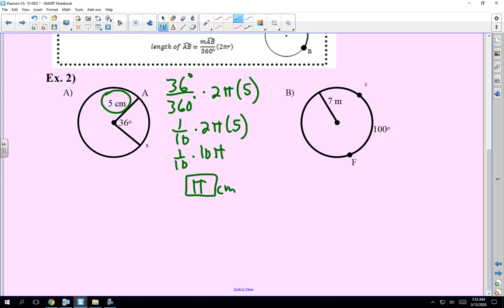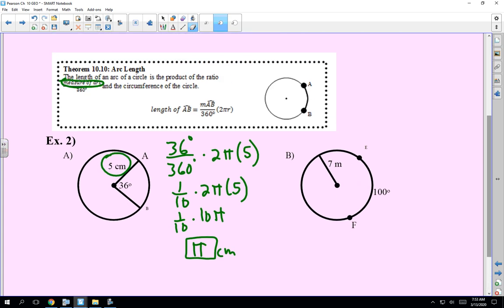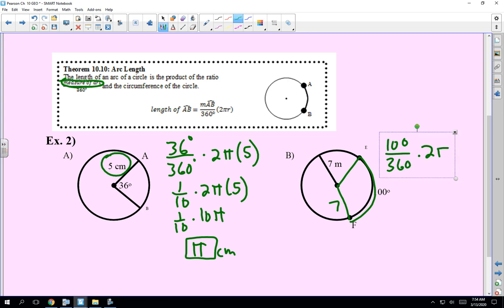centimeters. This one over here, we've got a radius of 7. We know from here to here is 100. Right here, put that in there. So we've got an arc, measure of the arc is 100 degrees right here. The radius is 7. So I mean the radius here or here is also 7. So we've got 100 over 360, so 100 out of the 360 degrees times 2 pi times the radius of